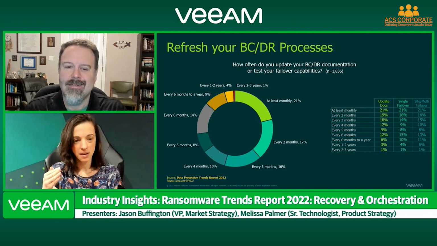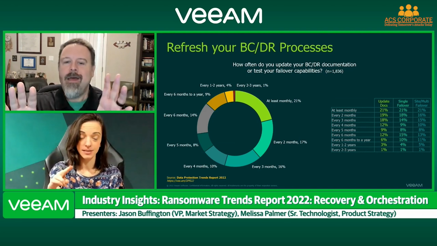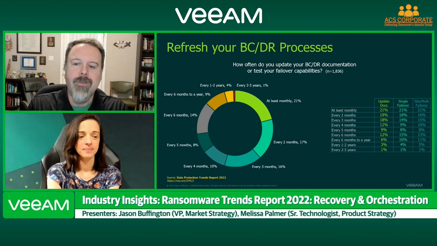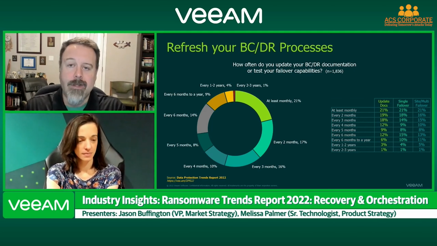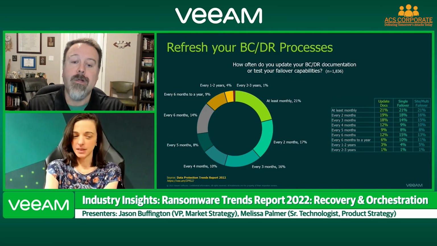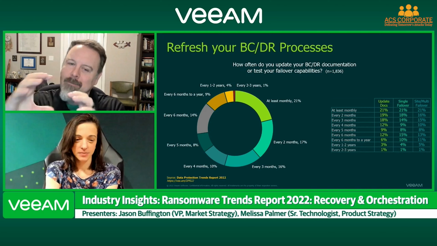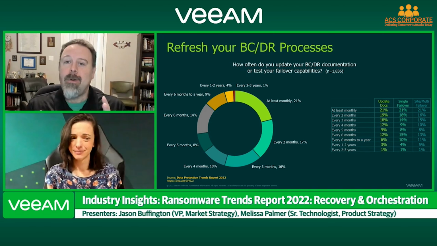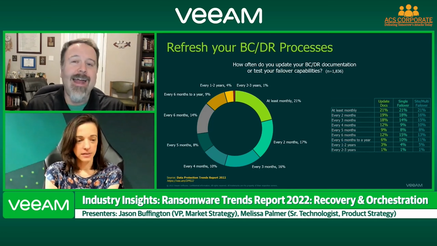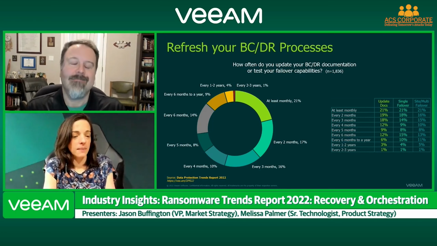But then we start talking about 2 months, 3 months. Okay. Hey, my coffee's kicking in, so let me be optimistic for a second. Because if you add the monthlies and the bi-monthlies, that's another 17%. And I'm going to even add in the every 3 months, because that still means you can. I know you're going to, but I'll let you. Okay, quarterly, half of organizations are quarterly or better. Right. You've got to give them at least a silver star, maybe not gold. Silver. We'll give them silver because that's a good place to be.